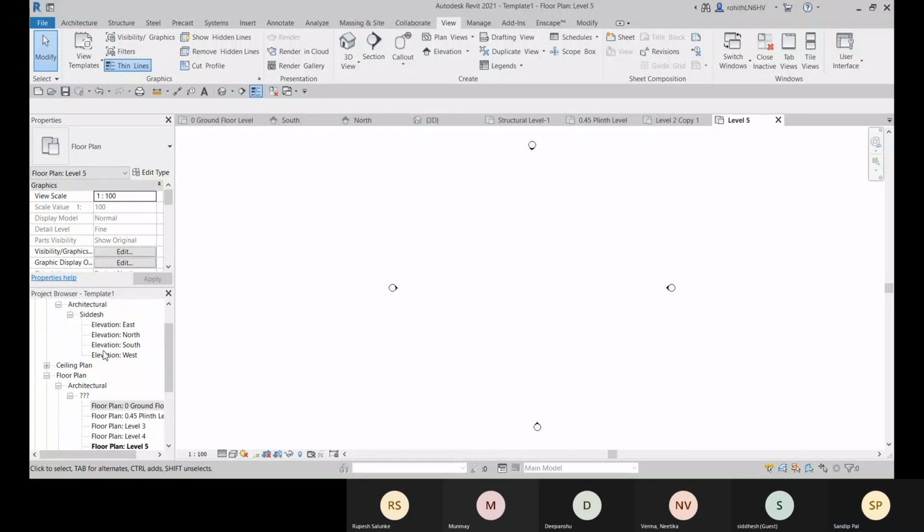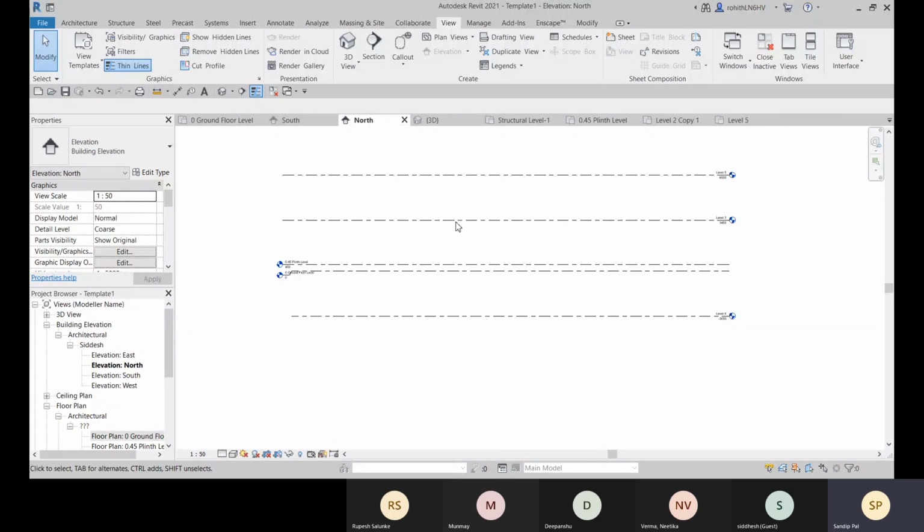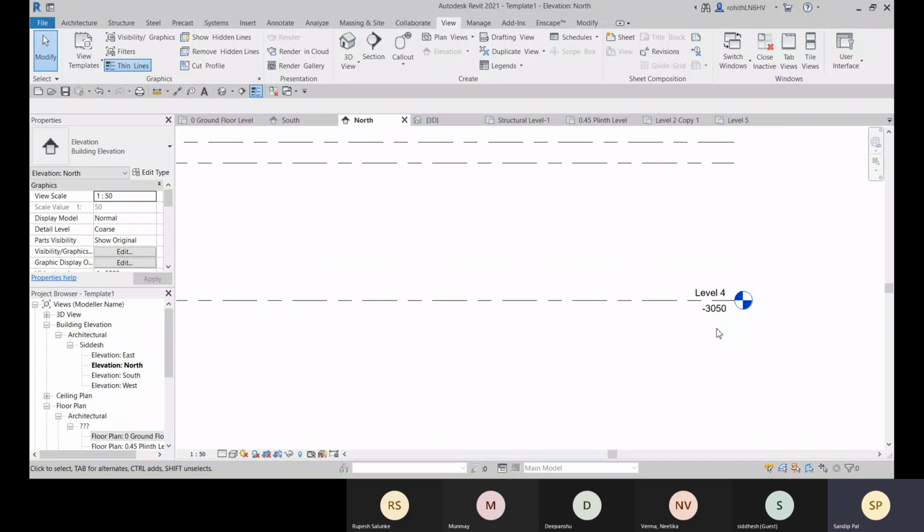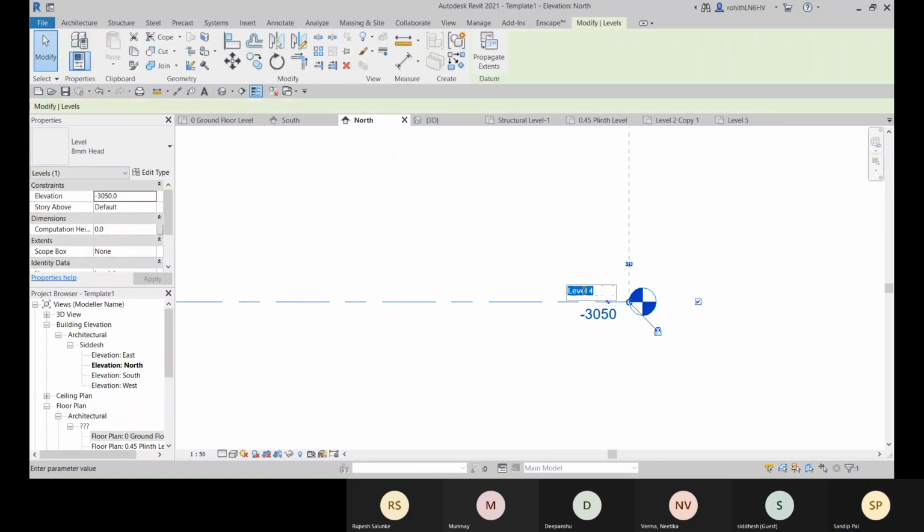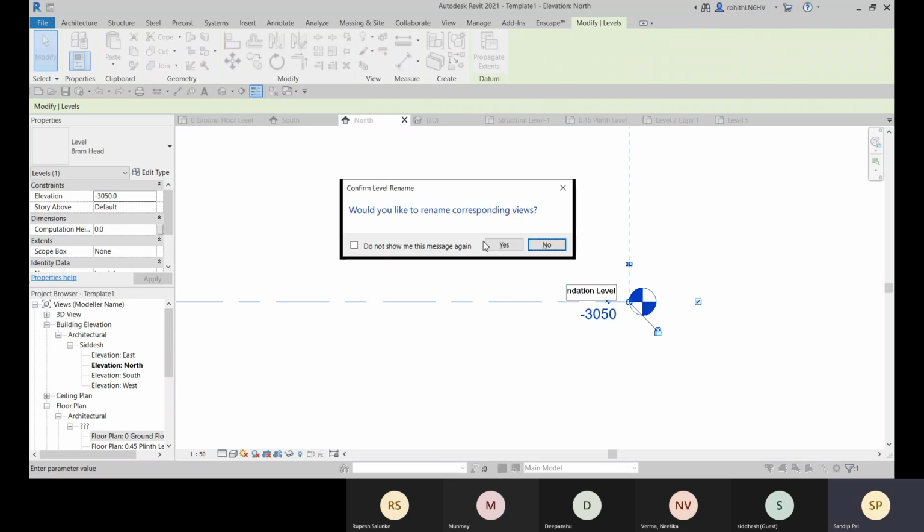Now you need to go to the elevation, and there you need to mention the names. So let's go with the naming. Here you need to define minus 3050, then foundation level, enter, and click yes.